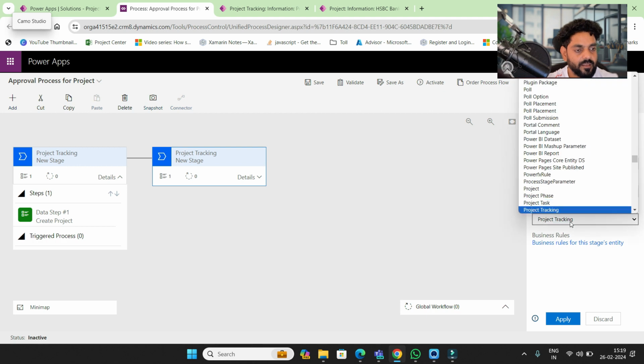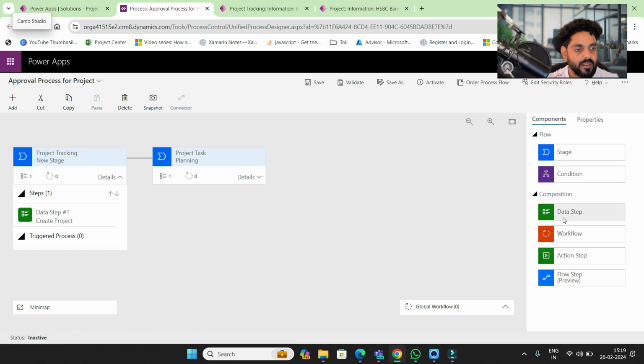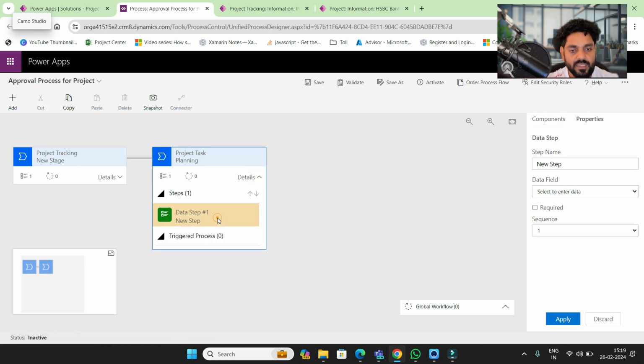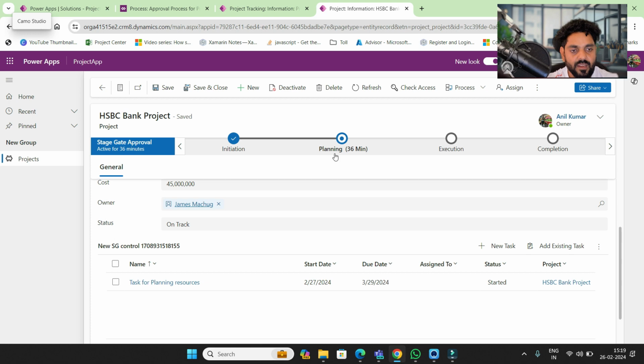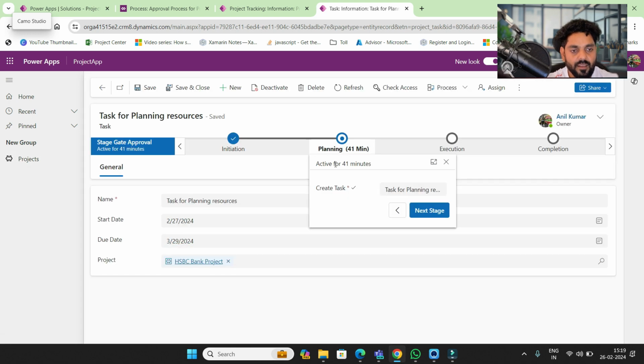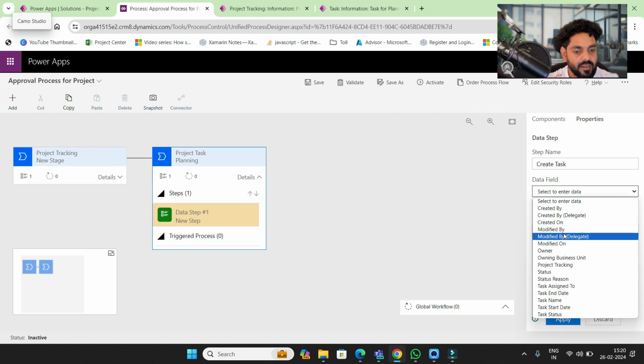Project task. Okay, right. This will be on project task. Click on apply. Go on component, and here you will see data step. I will go here and I will see create task. The same thing we are going to do here, initiation, and in the planning it's saying create task. Okay, I'll go create task, and then